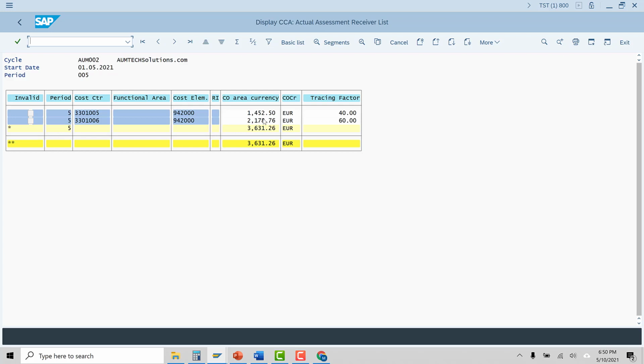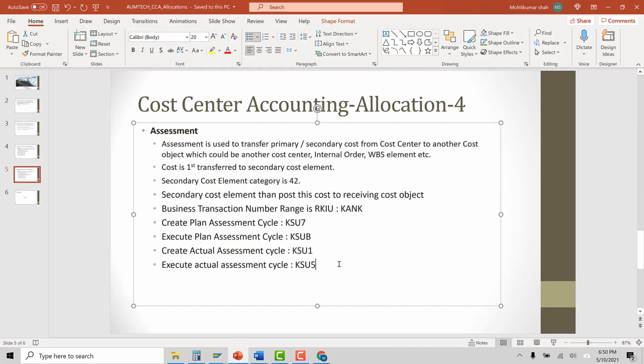Actually, this is a combination of both water charges and electricity charges, but we don't know how much belongs to water charges and electricity charges, because that full amount has first gone to the secondary cost element, and then the amount of the secondary cost element is distributed between these two receiving cost centers in the ratio which we have specified in the assessment cycle. Okay, so this completes our discussion on the cost center accounting assessment, right?